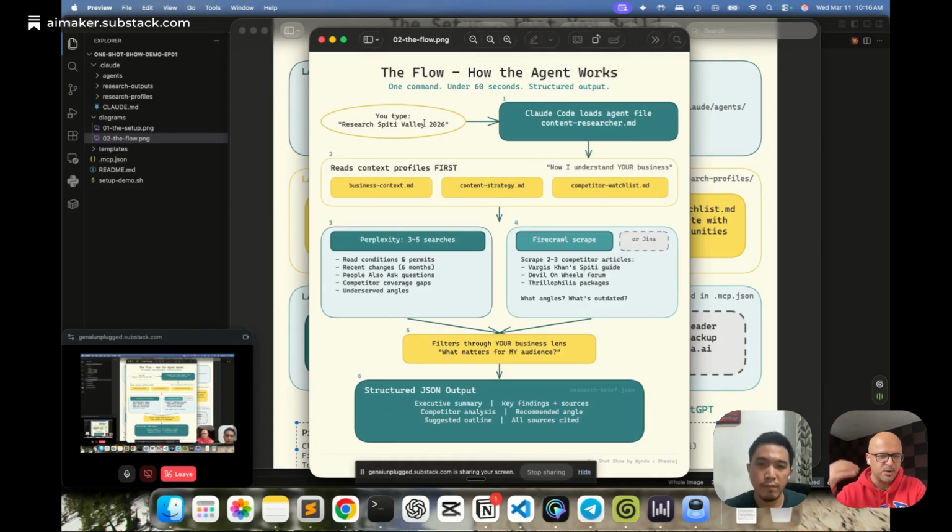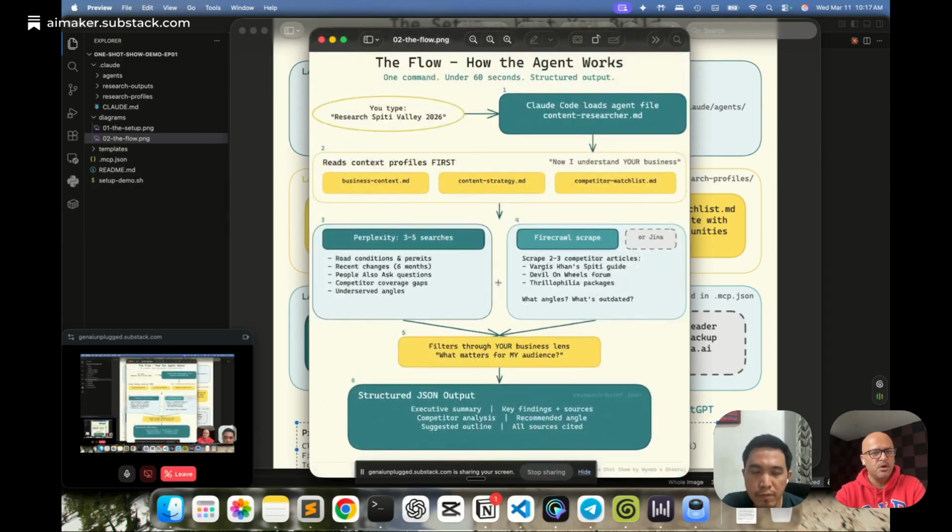Spiti Valley is a location in the high Himalayas of India, and it says 2026. Because it's a travel blog, I want to research this topic. What happens is Claude Code would load the agent that we have created. It would read the context files. This is what the context files we are going to build. This is how it understands your business and what expectations you have.